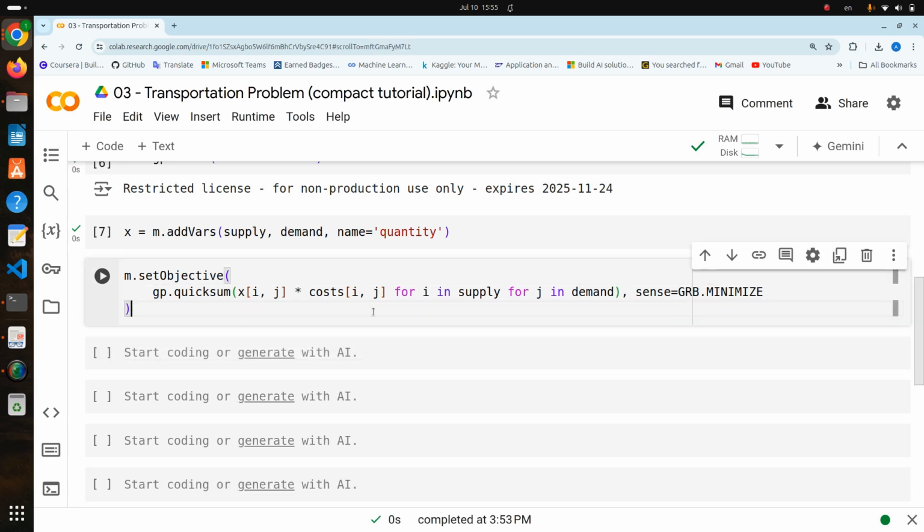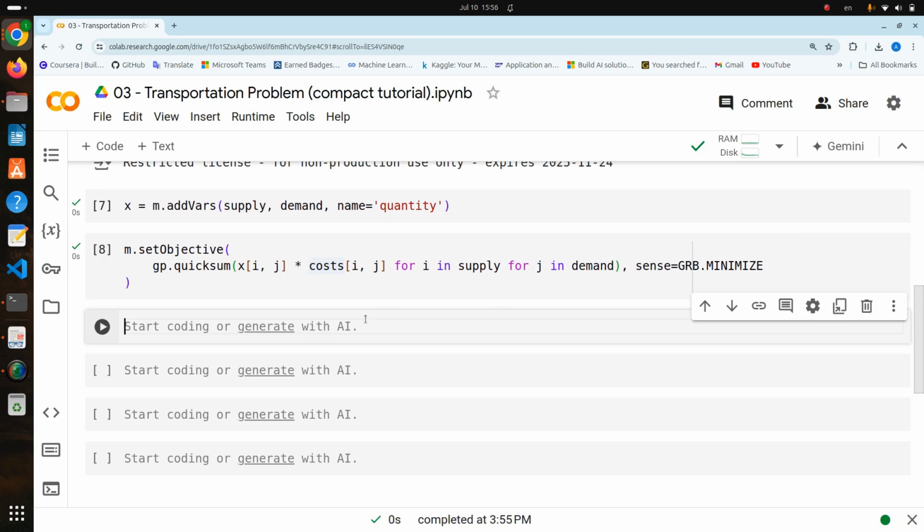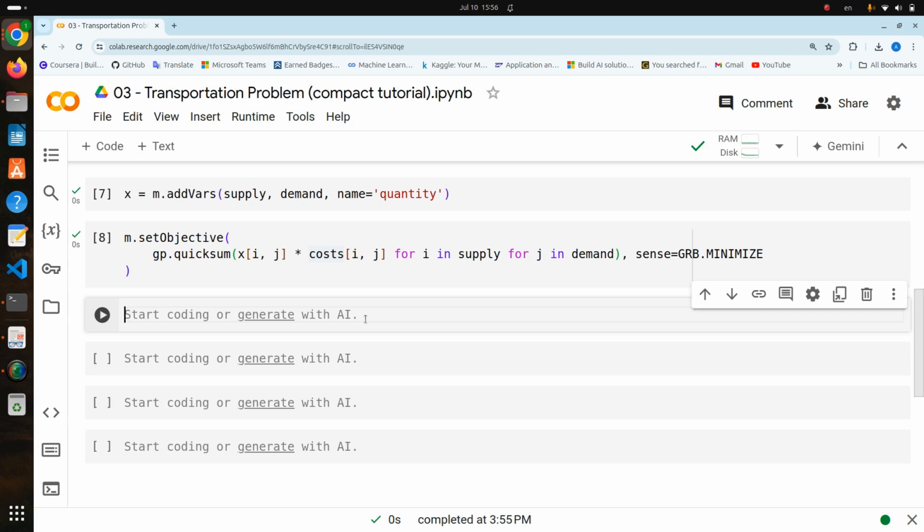Now I will run this. So this actually does the summation over all i and all j, multiplying the quantities of the decision variables by their corresponding costs. Now we set our objective. What we will need to do now is to add the constraints. So I will add the